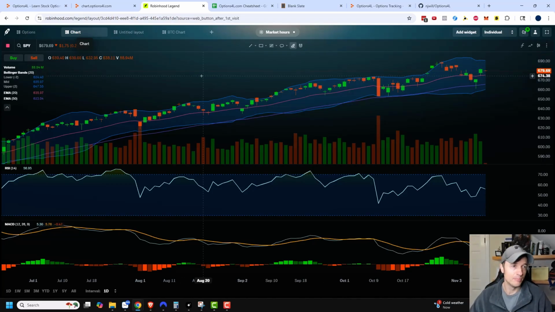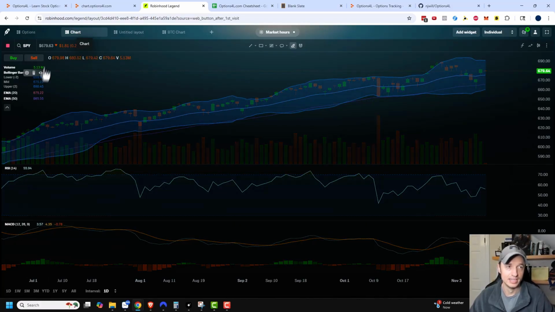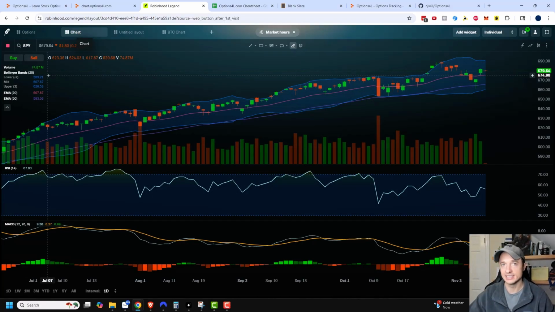So as you can see, when I move my cursor up and down the timeline, the numbers on the left-hand side change. You can see RSI changing from 55, goes up to 70, back down, back up, and so on. Same with the MACD, same with the EMAs, and so on. And so the AI is going to reference the numbers on the left-hand side, so these numbers right here. So you want to make sure that you're giving it the latest data. That's something that I found out: I had my cursor in the middle of the screen, and it was pulling in weird numbers. So put it all the way to the side,